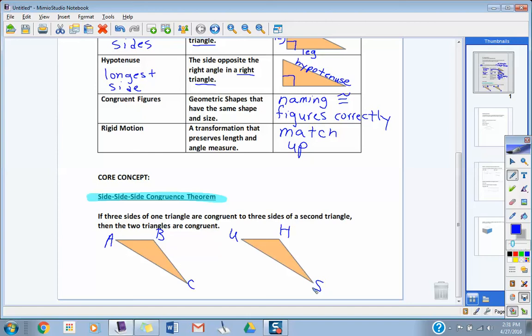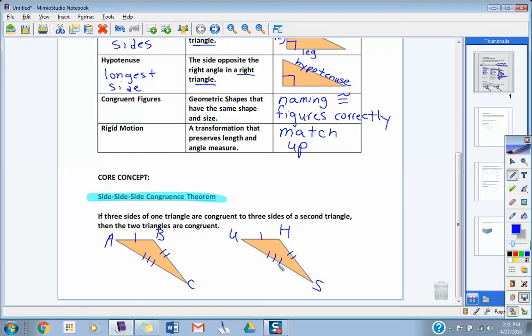So you knew two sides and you knew the angle. But in side, side, side, what do you think the information you're going to need to have in order to prove that these two triangles are congruent? Three sides. So here's the deal. If I would say, hey, put a tick mark through this side AB, where are you going to put one tick mark in the other triangle? UH. Okay. If I put two tick marks through BC, where do you think the two tick marks are going to go here? And then finally, if I put 3 tick marks through AC, then,